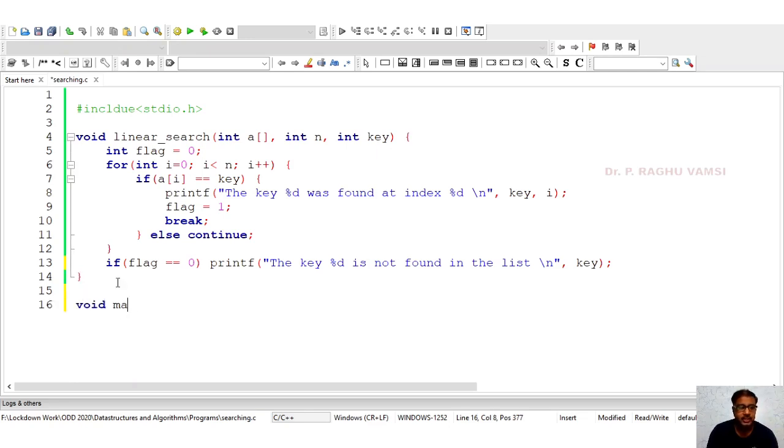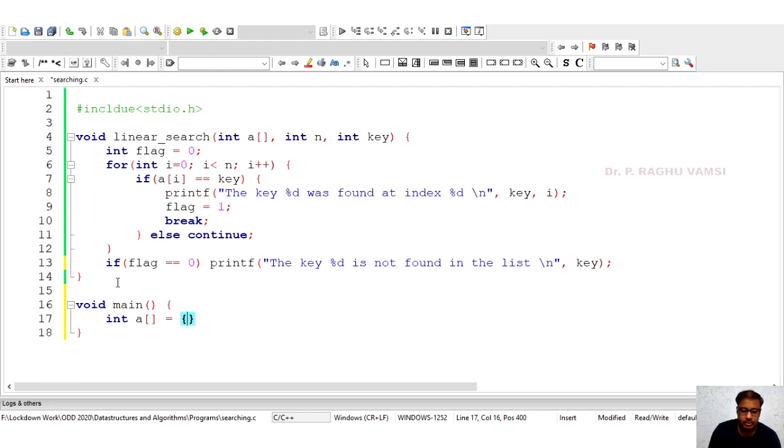Now we'll try to write the main method for this, and int a. Actually, in the linear search there is no constraint that the elements must be in sorted order.